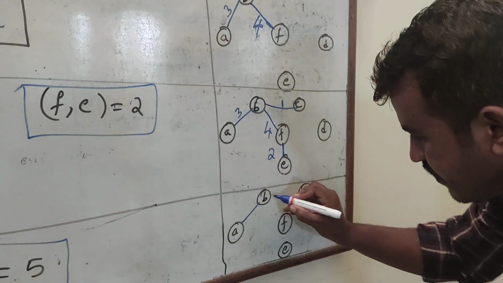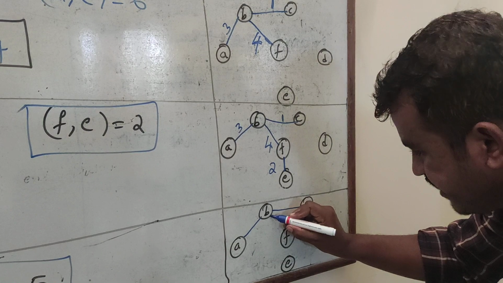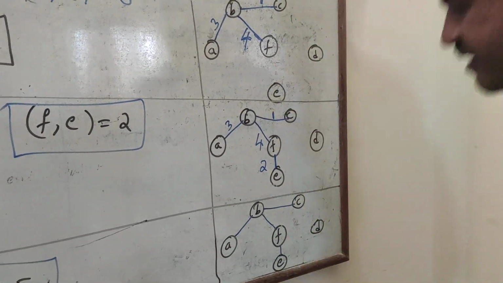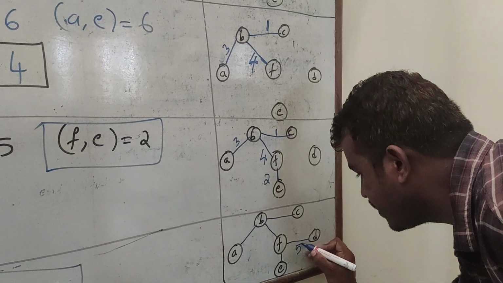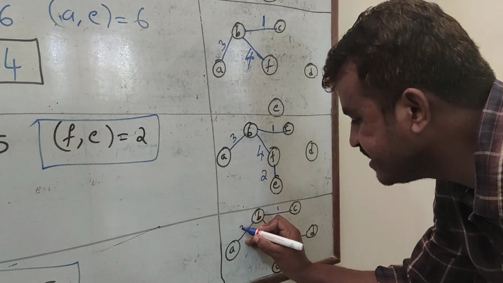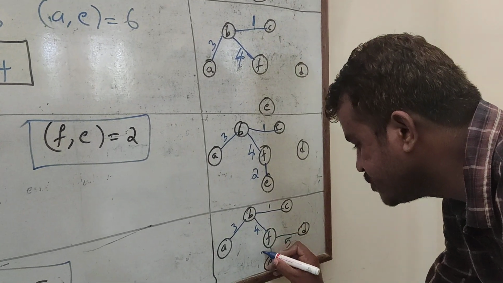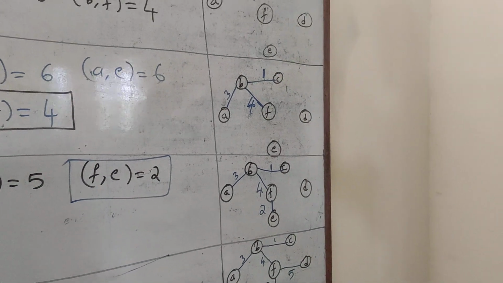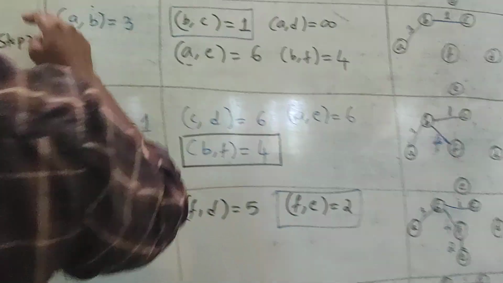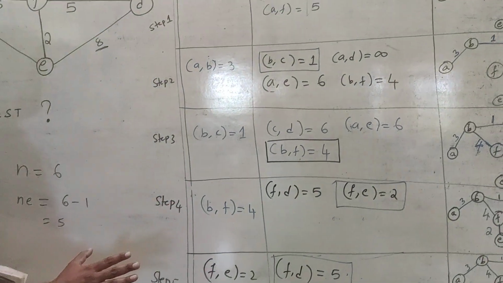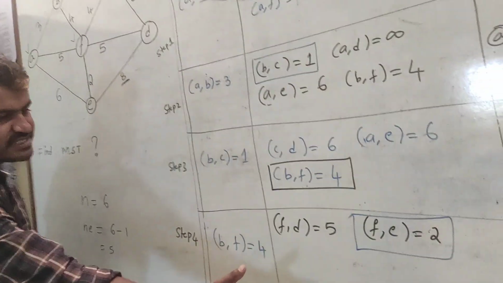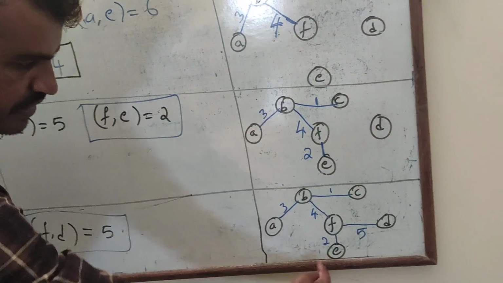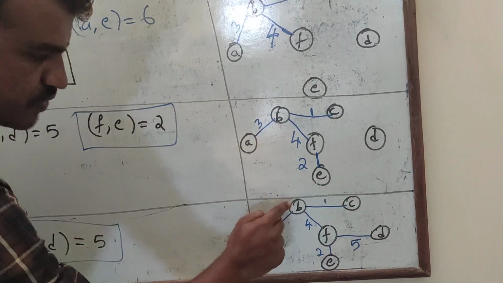Then connect all the edges here. Connect this edge. This edge is in the previous table. This is also there. Now newly the edge F to D, the value is 5. Then this value 1 is there. It is 3. Then this is 4. This is 2. Okay. See, step 1, step 2, step 3, step 4, step 5 is completed. Here, how many nodes are there? 6 nodes are there. The number of steps is 5. No more edges left out. See in this tree, all nodes are connected. All nodes are connected with the edges.